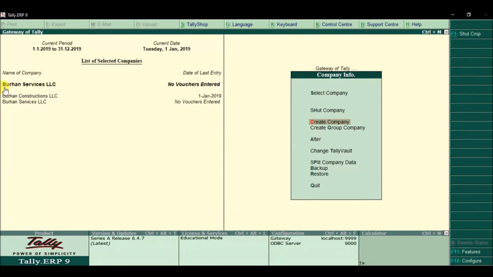That is the current company which is open right now. And in the background, this company is also open, that is Burhan Construction LLC. So you can open multiple companies at the same time in Tally ERP 9. So if you want to open, let's suppose I want to open Burhan Motors now, you can go to the select company option, enter,